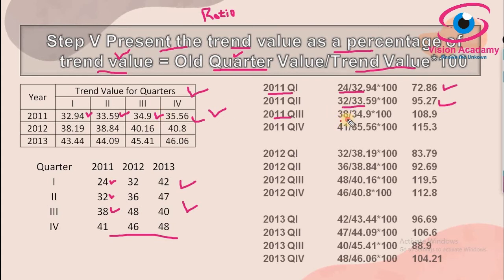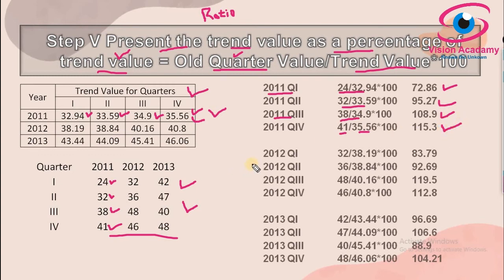Here 38 by 34.9 into 100 will be 108.9. And for quarter 4 of 2011, the old value is 41 and the trend value is 35.59. Old value 41 by trend value 35.59 into 100, which is